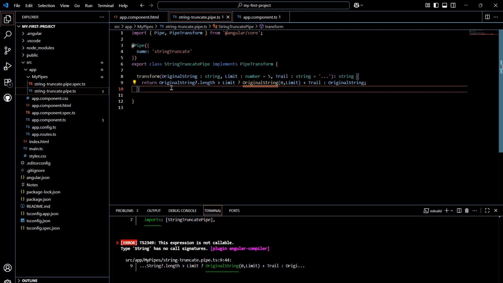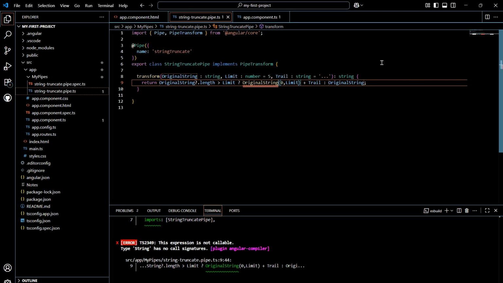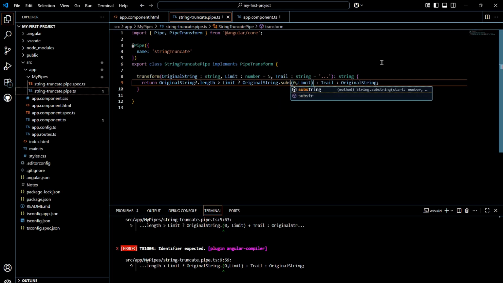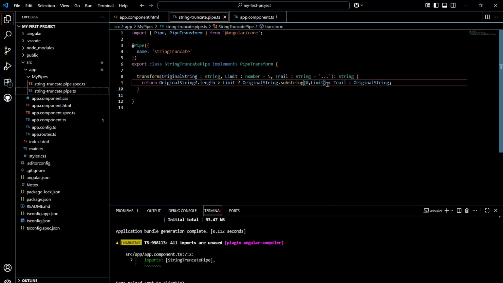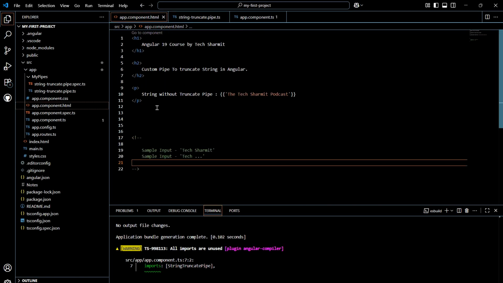Okay, so what we did, we put return original string question mark dot length. That is fine. If it is greater than limit, then we will check using the ternary operator. Then original string, oh sorry, we forgot to add the substring. Okay, so original string dot substring, right, which is from 0 to limit, and then plus trail, otherwise it will show the original string. So let's run the application, but before that let's put